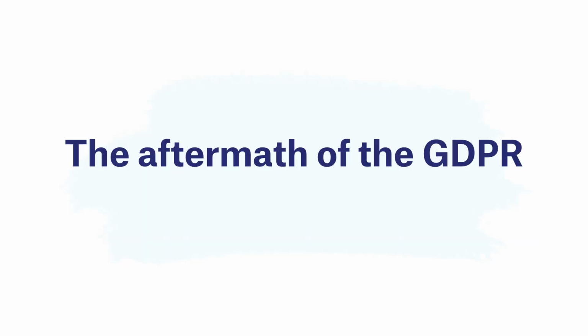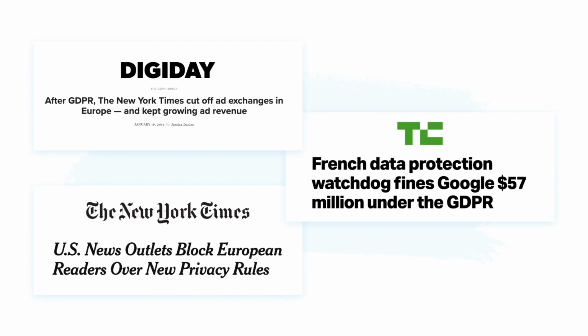Alright, so before we wrap up this presentation, I just wanted to highlight some of the main stories and topics that have emerged since the GDPR came into force back in May of 2018. So as I mentioned earlier, contextual targeting is likely to increase in popularity among both publishers and advertisers. And we saw recently a news story about how the New York Times initially stopped running ads on the European version of their site, but then switched to showing contextual ads and didn't notice a drop in ad revenue.